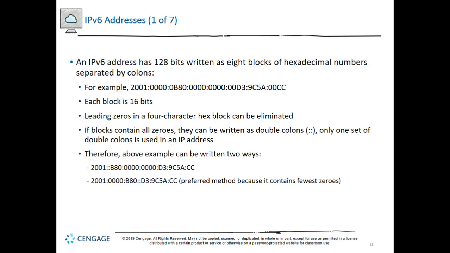It's huge, yes. We can make them smaller, okay? We can eliminate certain groups because it makes it easier. We can eliminate preceding zeros. So we can make that 2001:0:B80, then actually get rid of that group of zeros right there and say ::D3:9C5A:CC. I can make it easier, but what's really important is that this was developed so that we don't